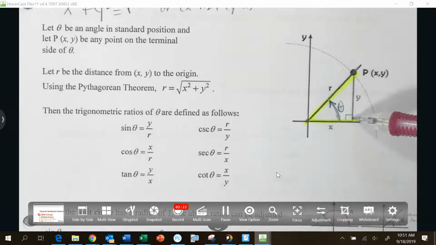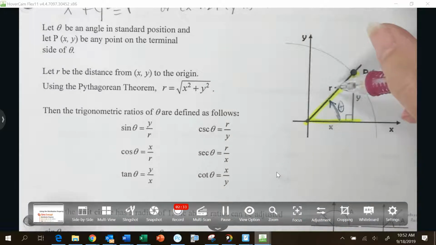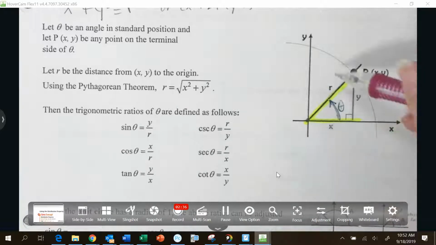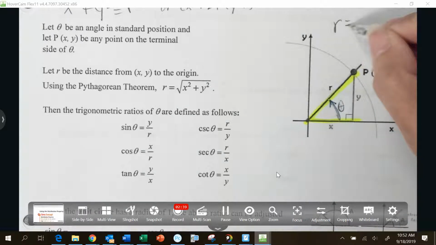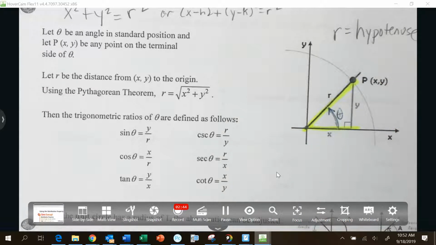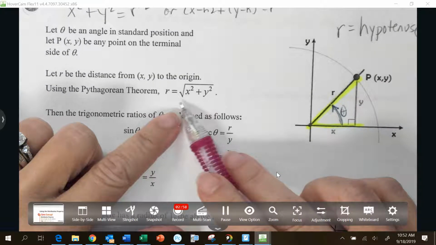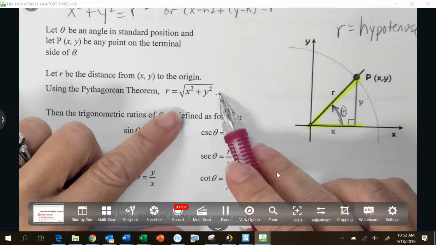But when we do that and we go x to the right, y up, if we look at our radius that connects back to 0, 0, we now have a right triangle. And I called it radius instead of hypotenuse because of the circle, the r is the hypotenuse. So r is the distance from 0, 0 to this point. And you can use the distance formula. It's written over here. So the distance formula would be square root of x squared plus y squared, which should